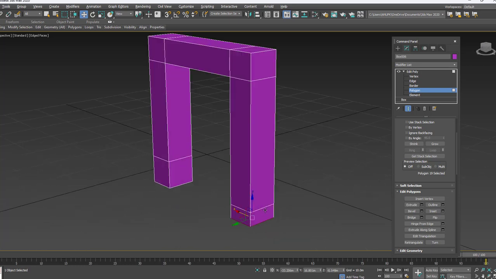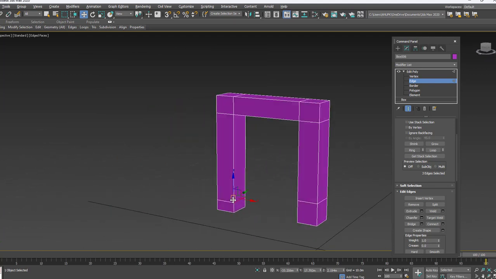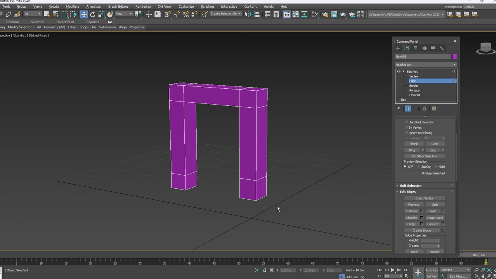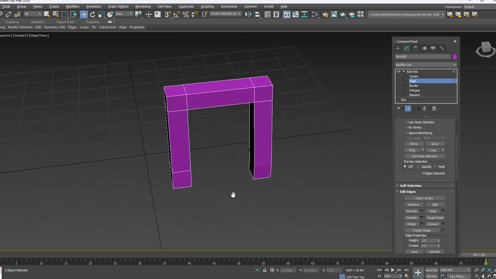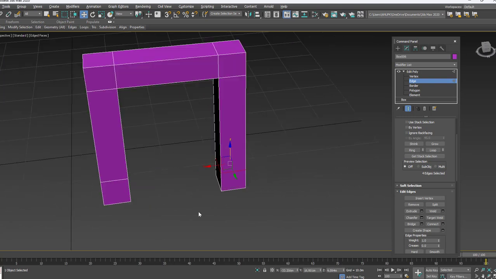Even you can move this edge by using the edge option. Select the multiple edges by holding Control and then move up little like this way. Okay.